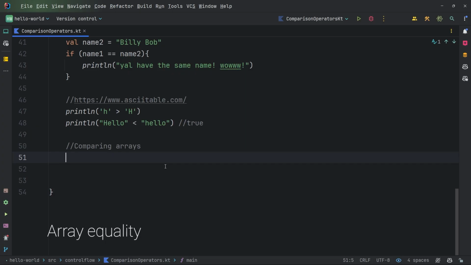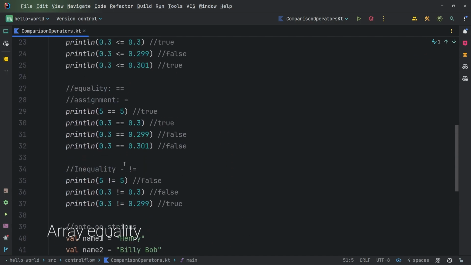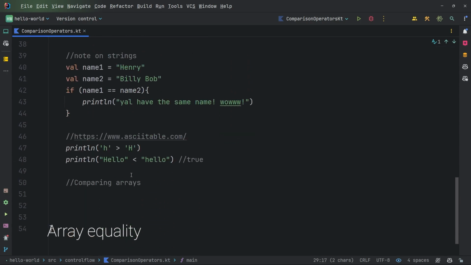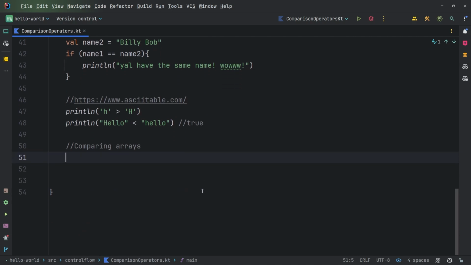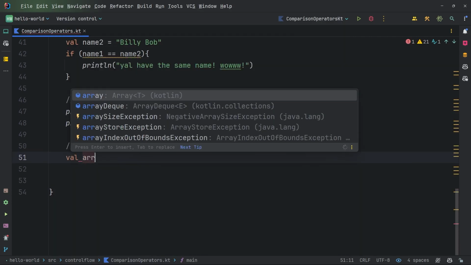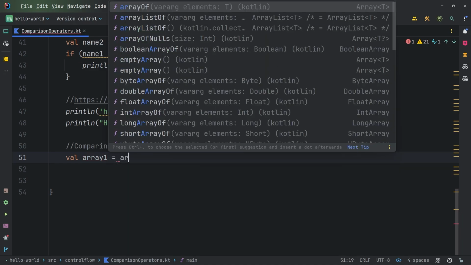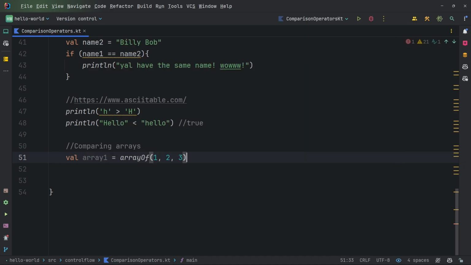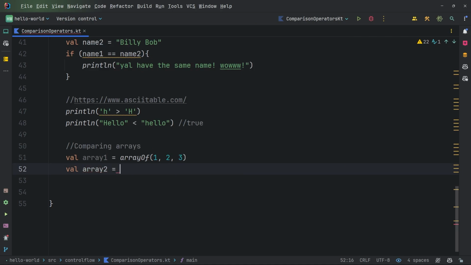One last thing I want to show you is that if you want to see if two arrays have the same values, there's an easy way to do that. You're not going to use the double equal sign. You're going to use a specific method part of the array class. So let's just say we have two arrays like val array1 is equal to array of 1, 2, 3, and then val array2 is equal to array of